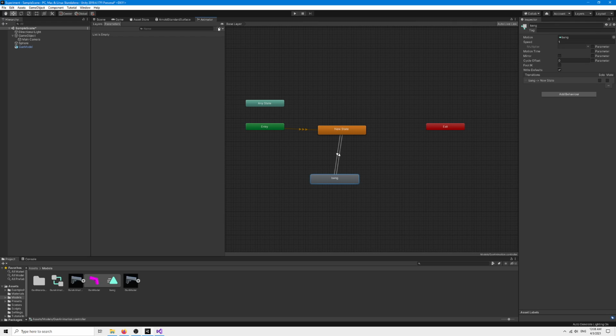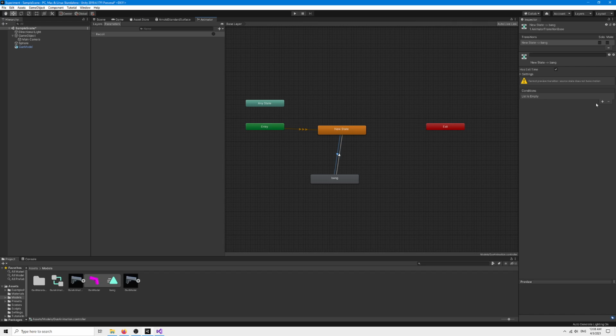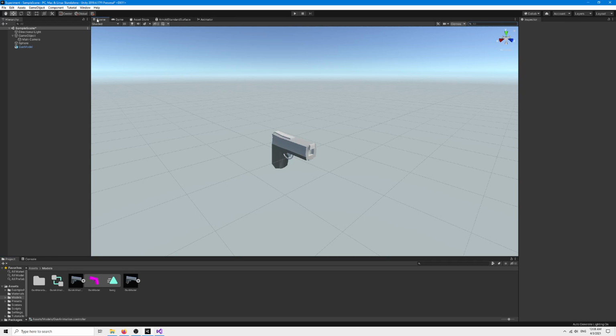And in parameters, you can set up a trigger I call recoil. And with bang, you can set up the condition, remove exit time, and go back to the scene,